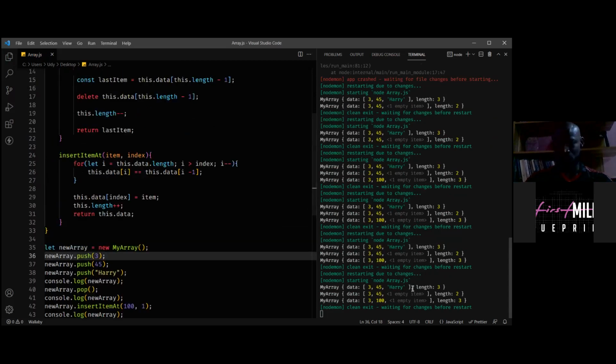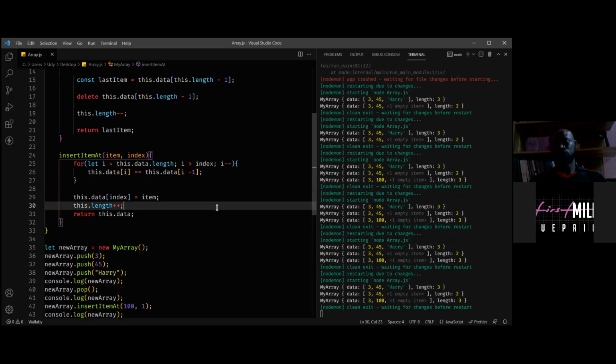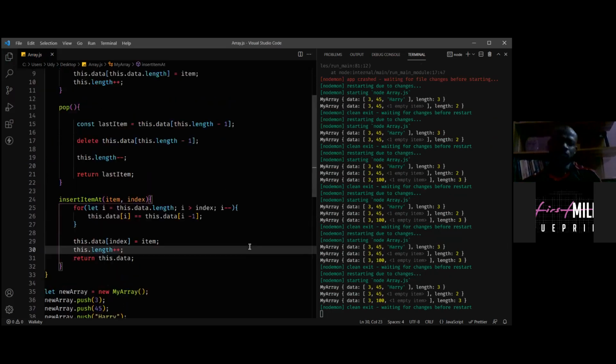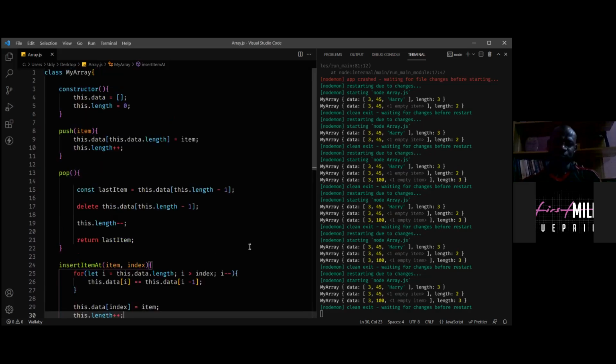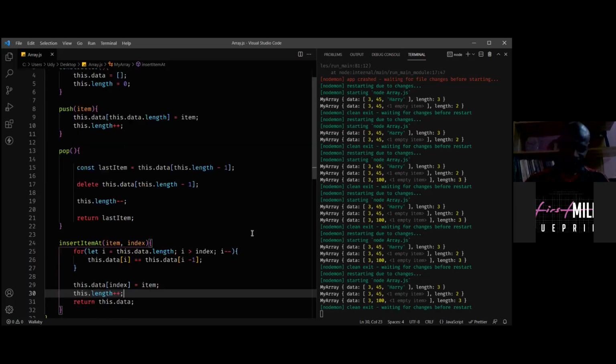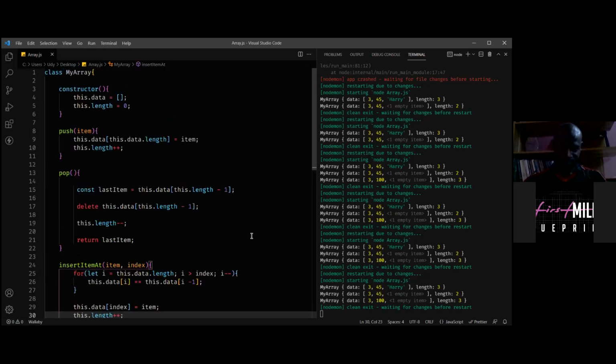So basically, if you use the length of this dot data instead of this dot length, that would be wrong because you're using the array versus creating an array.